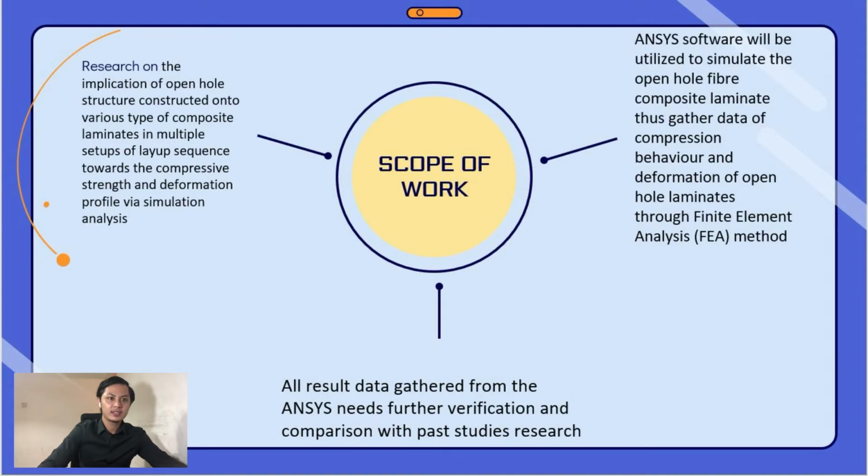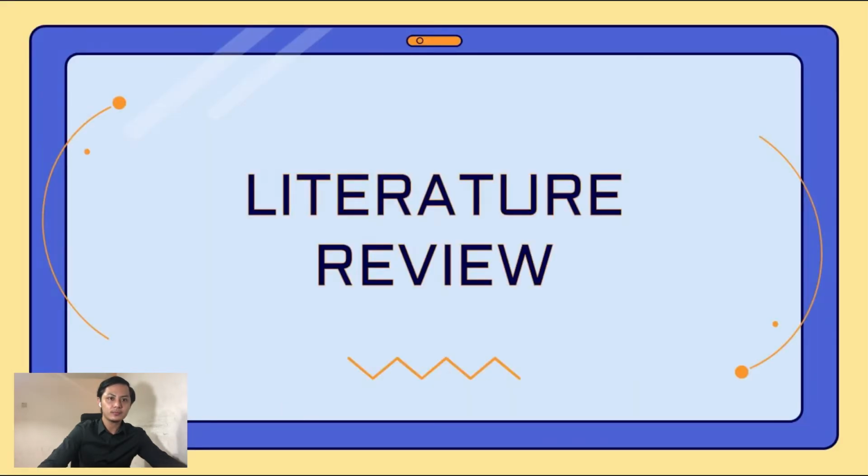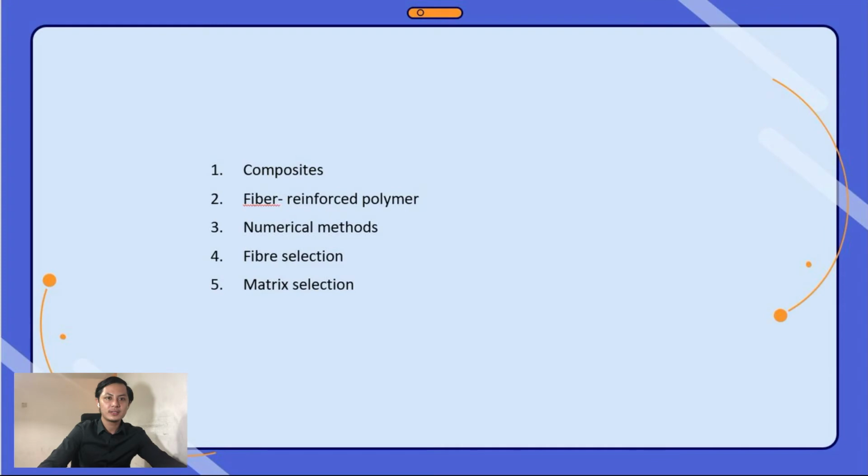For the literature review, the literature review consists of five parts. The first, the composite. Second, the fiber reinforced polymer. Third, the numerical methods. Fourth, the fiber selection. And fifth, the matrix selection. Firstly,